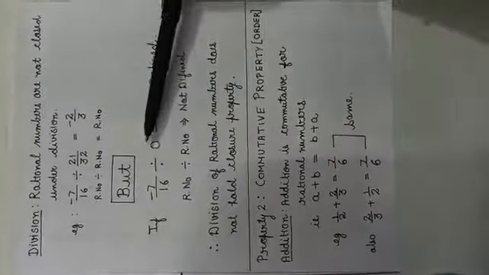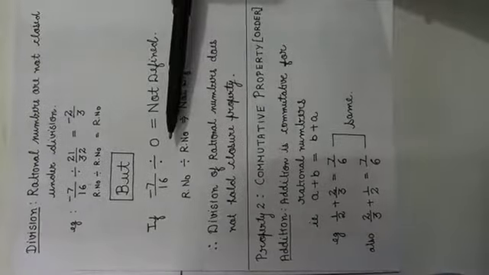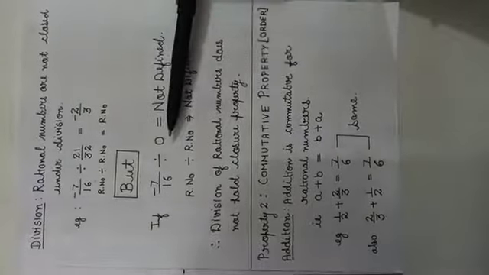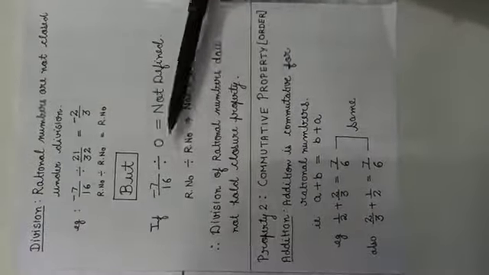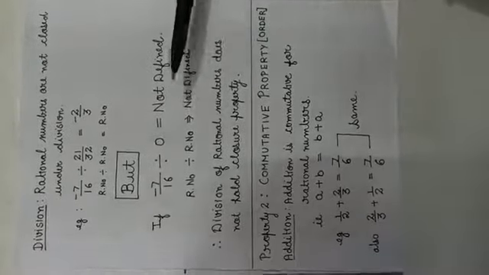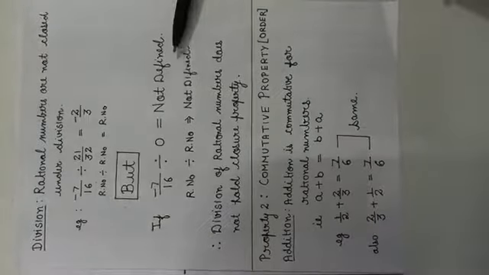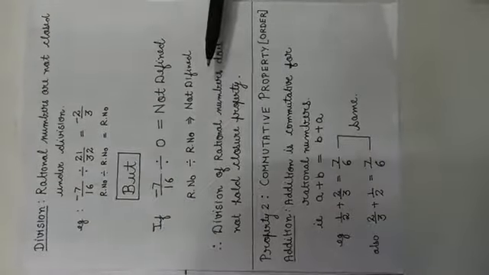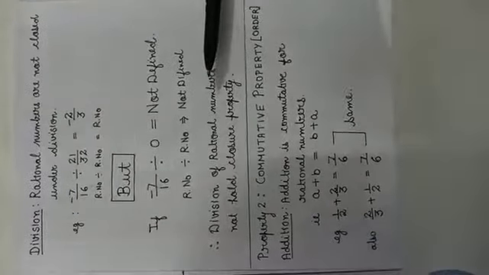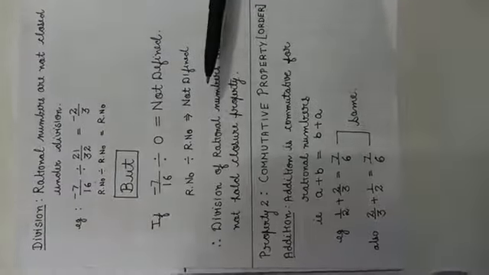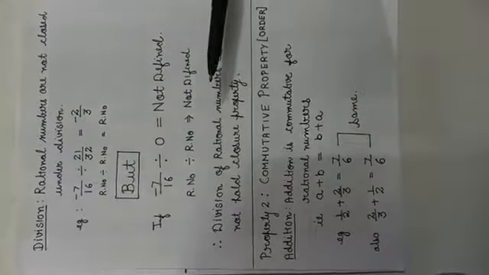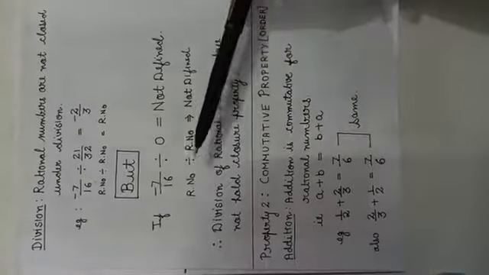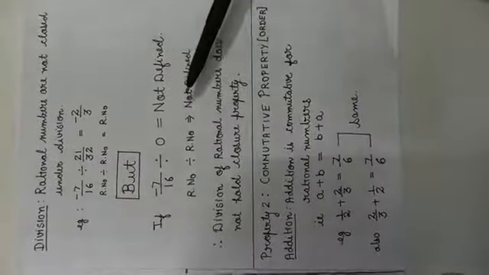Class, I want to tell you here, 0 is what kind of number? 0 is also a rational number, because we can write any number in the denominator. So 0 is also a rational number. Now in this case, what answer will we get? We didn't get any definite answer, and it is called not defined. So a rational number divided by a rational number is not always a rational number. When we divide a rational number by a rational number, the quotient may not be a rational number. Here clearly we can see, when we are dividing a rational number by 0, which is a rational number, we are not getting any rational number.